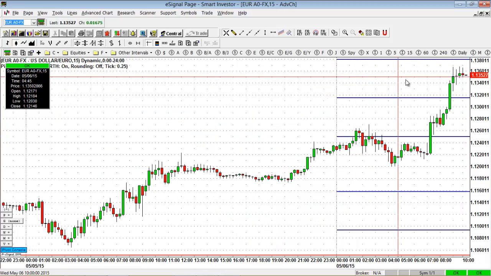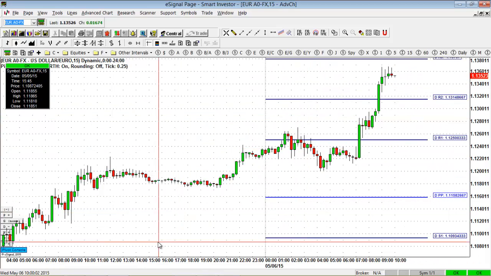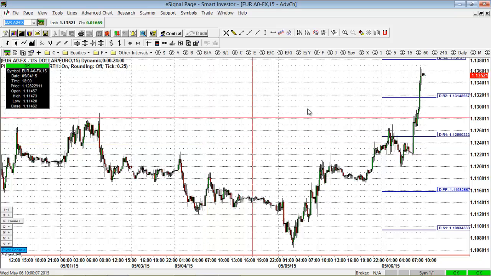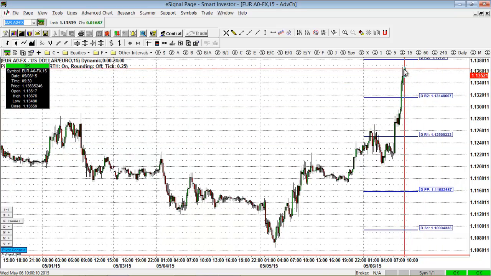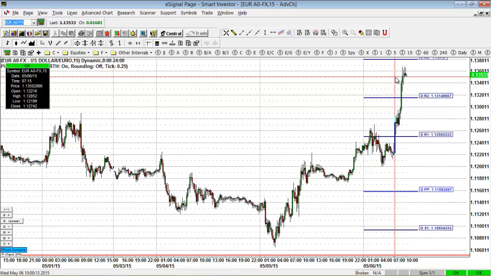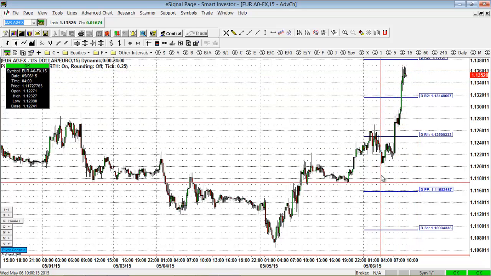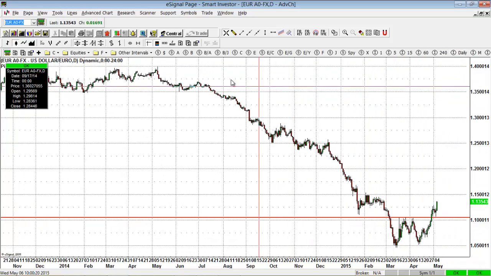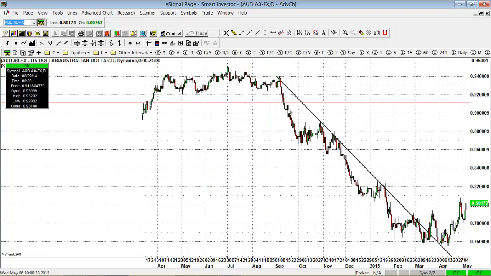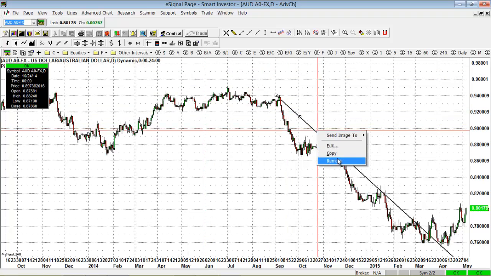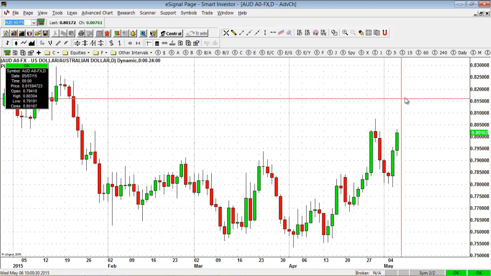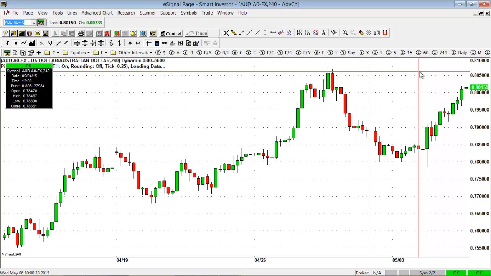Taking a look at the 15-minute chart coming into the day, the market has gone above the daily R2, so that signifies some amount of strength. When the market blows through the projected resistance numbers for the day, that is quite bullish. Now we're seeing US dollar weakness across the different currency pairs. We see the Australian dollar, the market is rallying pretty nicely. It has stalled out at the